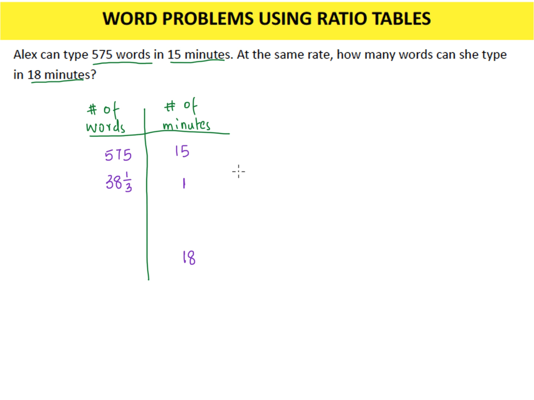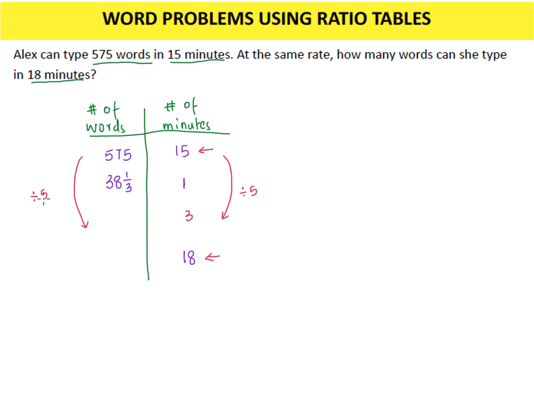Is there a simpler way I could do this without actually getting into unit rates? I know that I'm already at 15 minutes and I want to get to 18 minutes, and if I had 3 more minutes, I could figure out how much 18 minutes is. And it's pretty easy to get from 15 to 3. I just need to divide by 5, and 15 minutes divided by 5 will give me 3 minutes. And if I do the same on the other side,